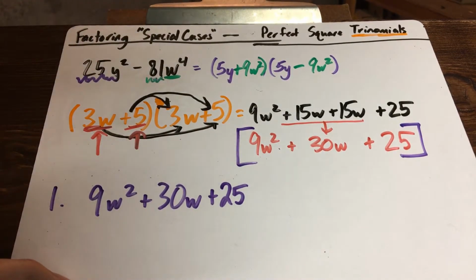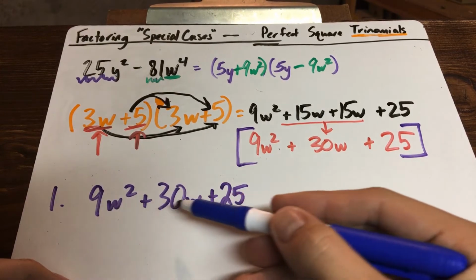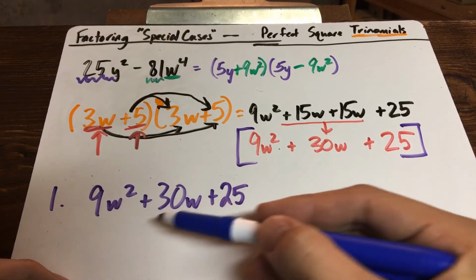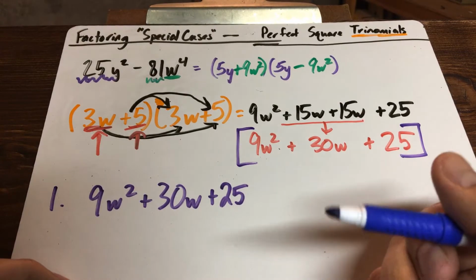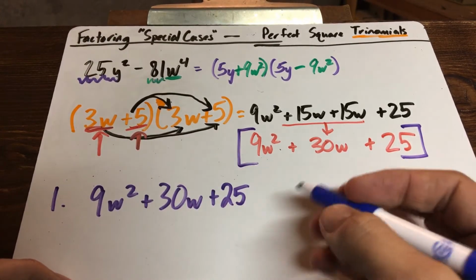It's really not as bad as it looks. In fact, I think I made it look a lot more complicated up there than it really is. First thing you want to look for, is there a greatest common factor? Can I divide all these by a certain number? I mean, these two I can divide by 3, but does 3 go into 25? No, it doesn't. So there's nothing in common. And so now what I want to look for is